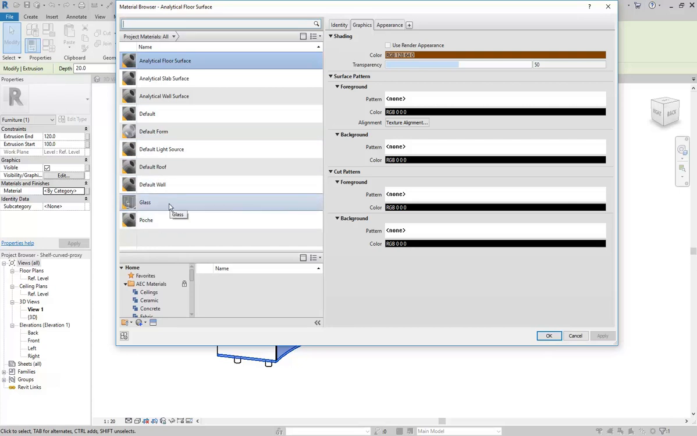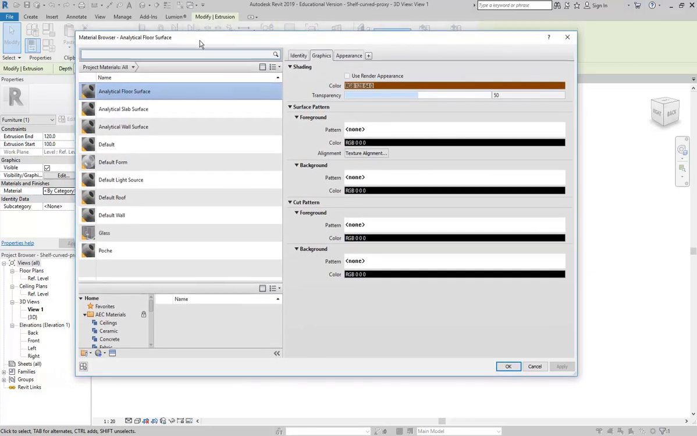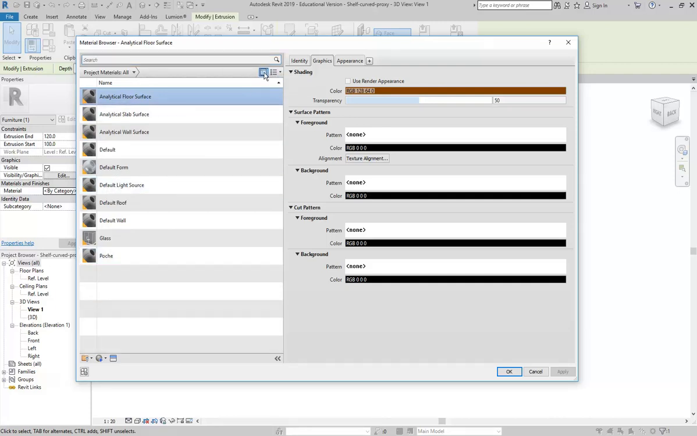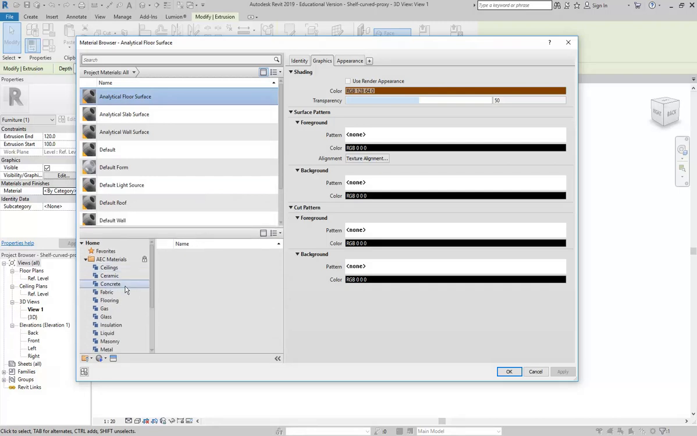Okay, so I've got a smaller list of materials in this file, which is, I think, helpful for you to see, because then it makes it clear that we're working in a different file with its own set of materials. So this is the shelf file, and I could duplicate a material that I've got here, like I've shown you before in the project file, and make a new one. But often an easier option, when you're in a family, because you don't have very many materials to start off with, you can click on this button here, and that brings up the, well, I'm going to call it the material library